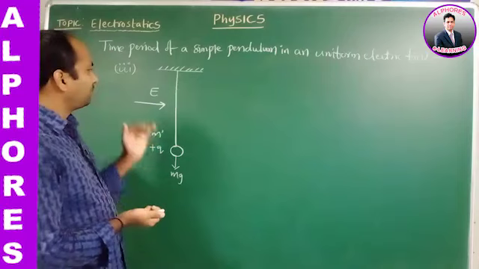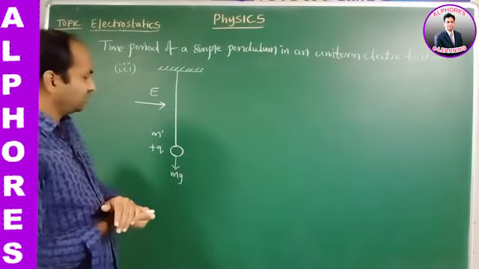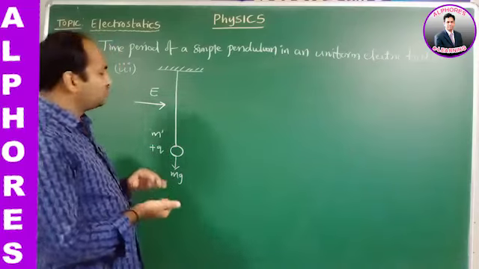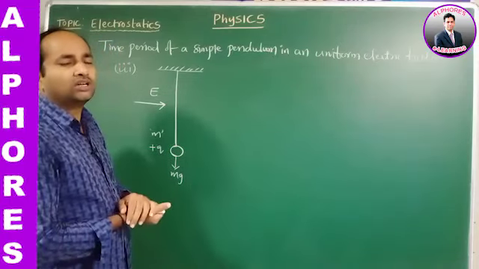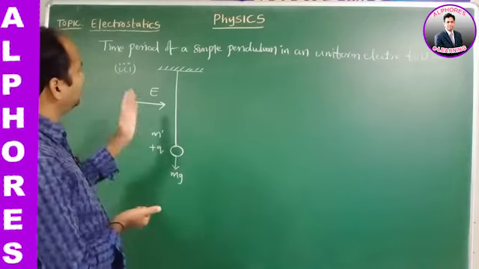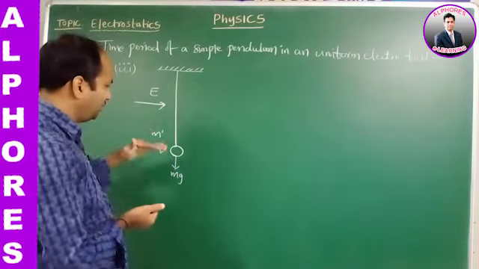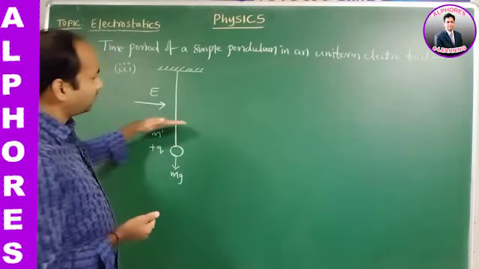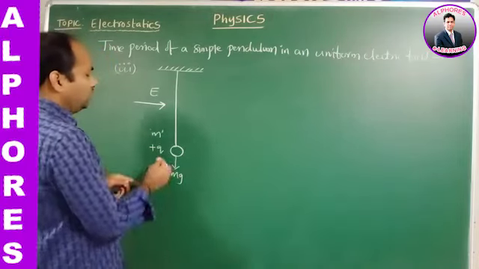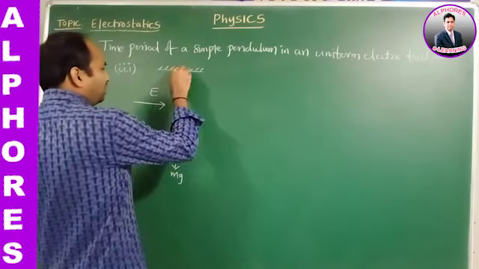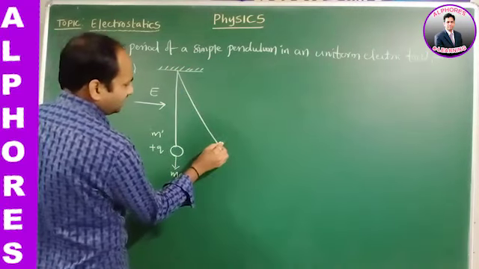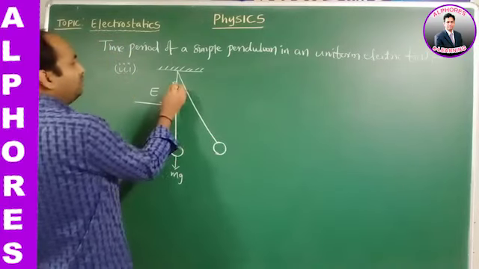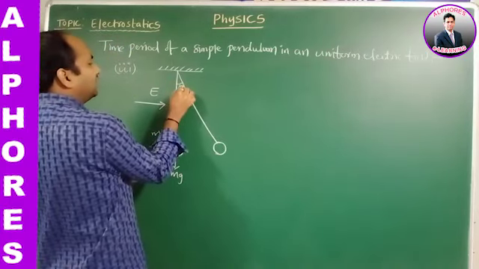The electric field is applied along the horizontal direction. Now if a positive charge is introduced within the electric field, we know the direction of force is in the direction of the electric field. Means the electric force acting on the charged particle is also towards the right side, so that the bob will be displaced during the oscillation, and it may reach any point here. The length of the pendulum makes an angle theta with the vertical.